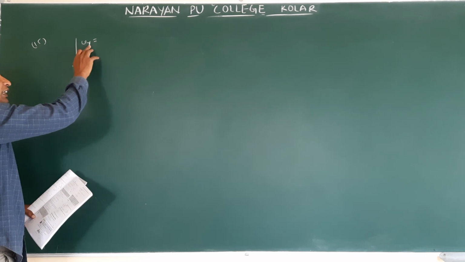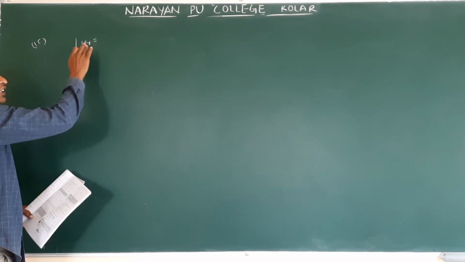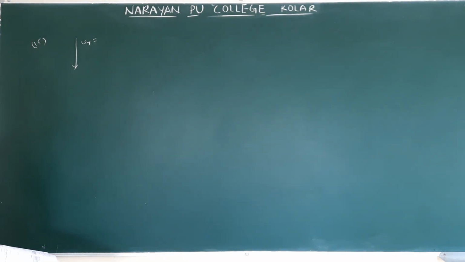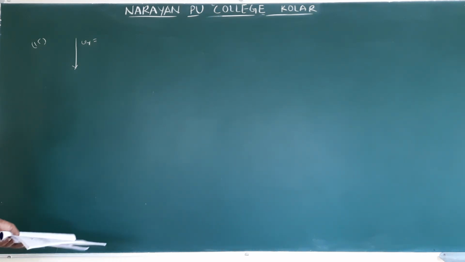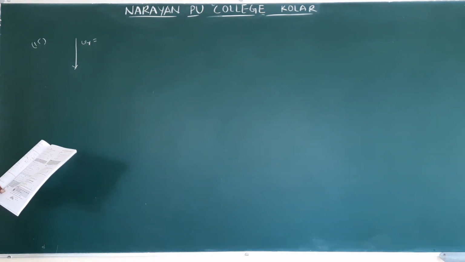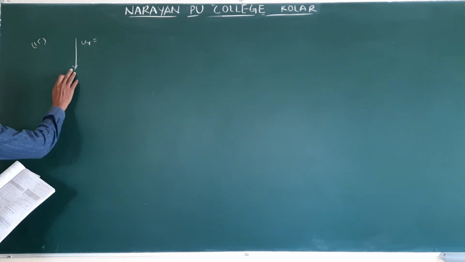If I write Vr, that means velocity of rain with respect to ground. If I write Va, it means velocity of A with respect to ground. If I write Vb, velocity of B with respect to ground. If I write Vab, in that case velocity of A with respect to B. Okay, so every time we don't write ground. So this is falling down, so velocity direction is downwards.